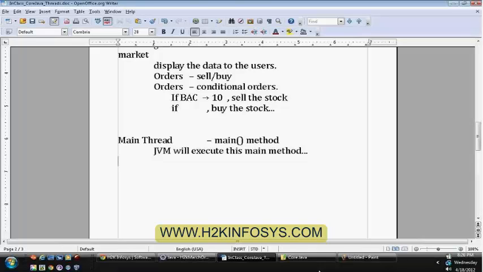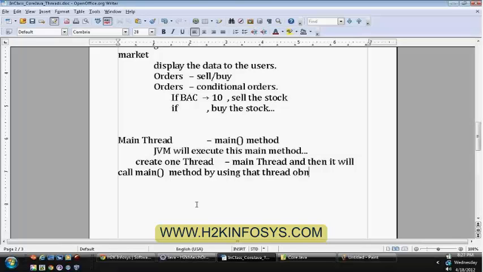But at the inner level, before it directly executes the main method, it will create one thread, which is the main thread, and then it will call the main method by using that thread only.